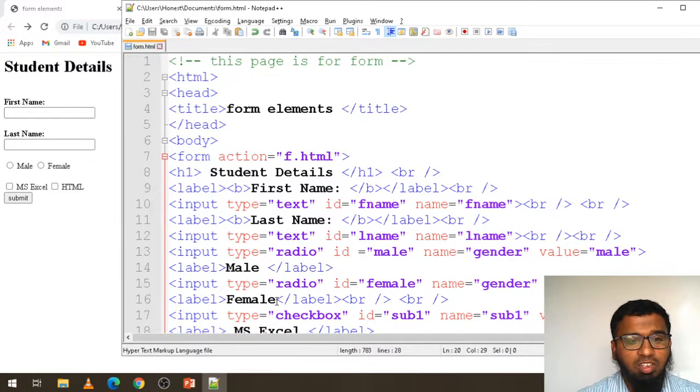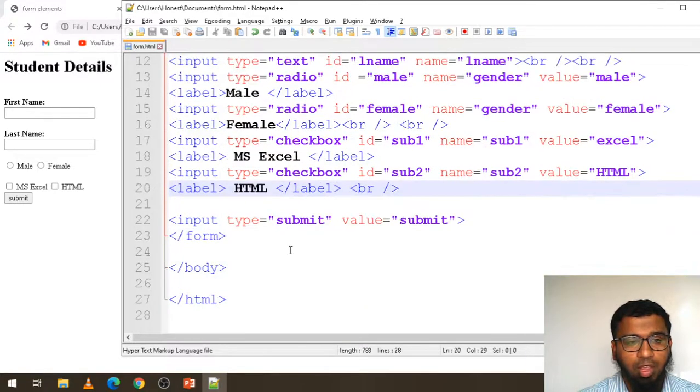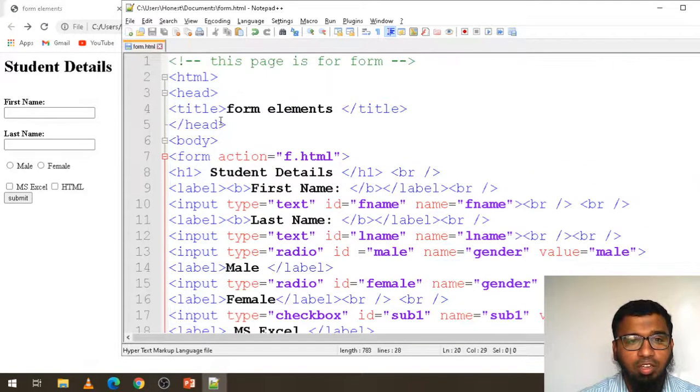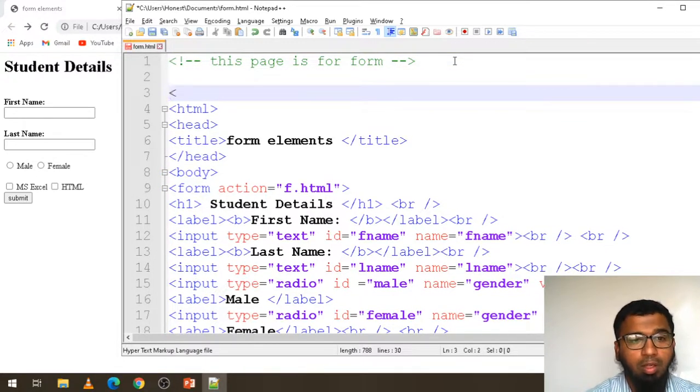So this is the code, and for homework you have to create the detail for the student, like first name, last name and text area. In simple words, you need to create the contact us form, okay.